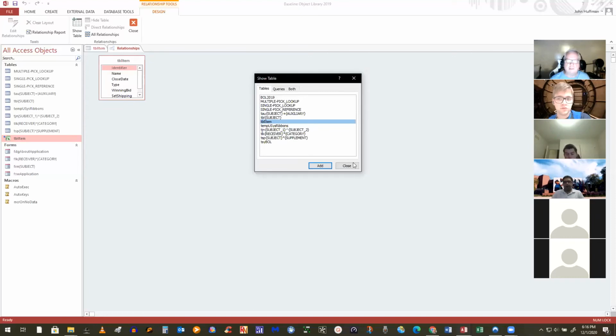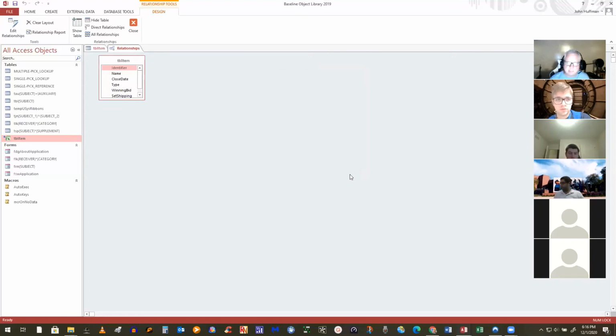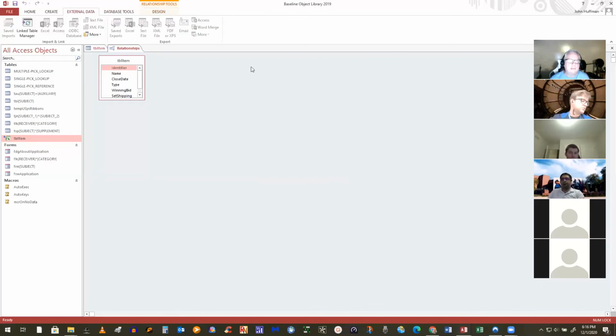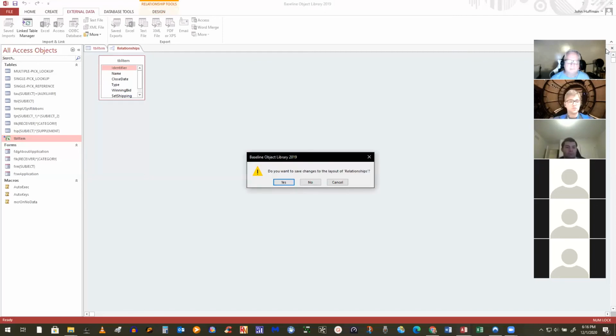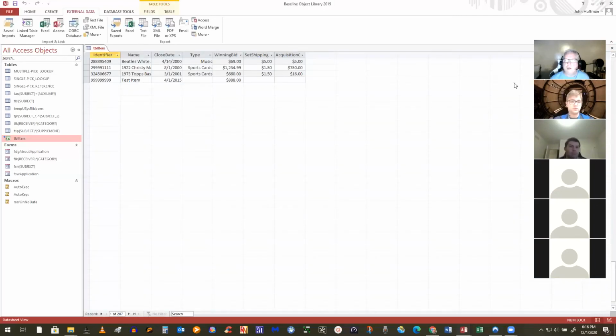Now, one of the things I also get asked a lot is, can I do it with other things besides Excel? You bet. Other databases, anything. If I go up here to external data, well, I got to close this window down to get there. Go up here, you'll see ODBC, you could go to other Access databases and hook them in. ODBC is things like Oracle or SQL Server. If you have the ability to generate an XML file, as long as it's columnar, you could get to that. You could do just flat text files. As long as things are in columns, it will try its best to figure it out. Maybe it's CSV, delimited files, whatever else.